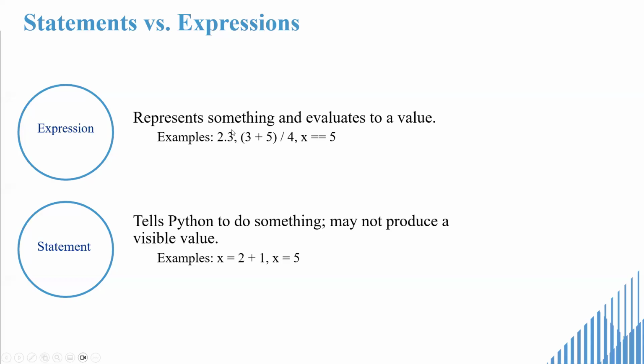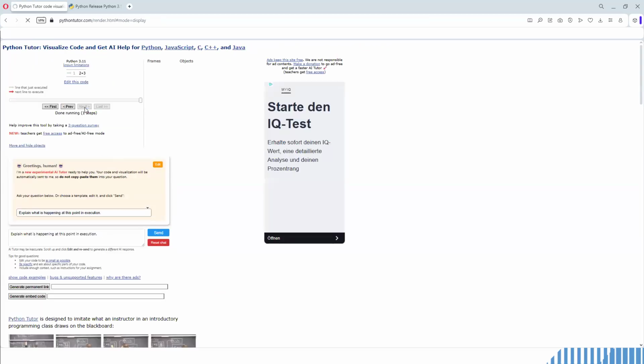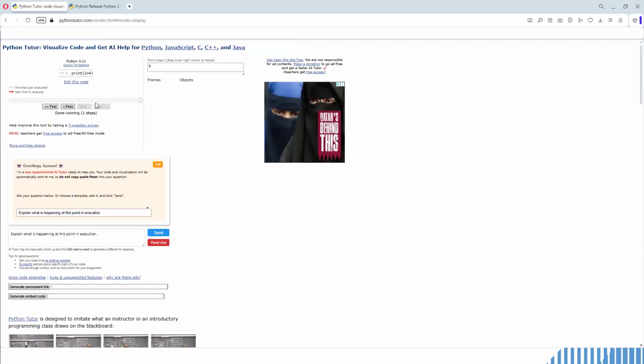Okay, so an expression represents something and evaluates to a value. For example, if I say 2 plus 3 and execute this, print 2 plus 3, you can see it gives you a value.